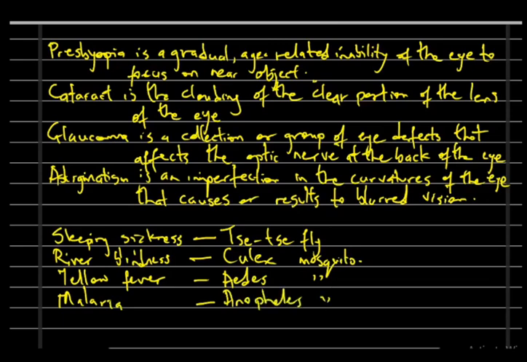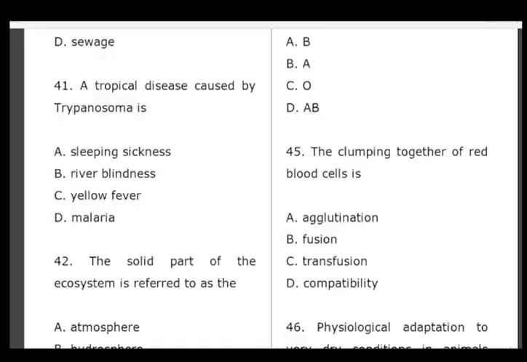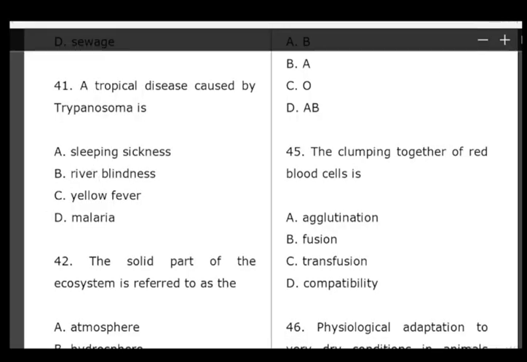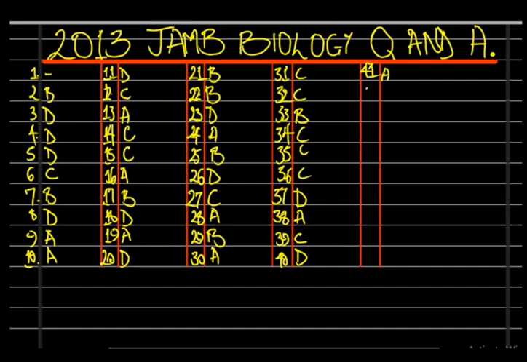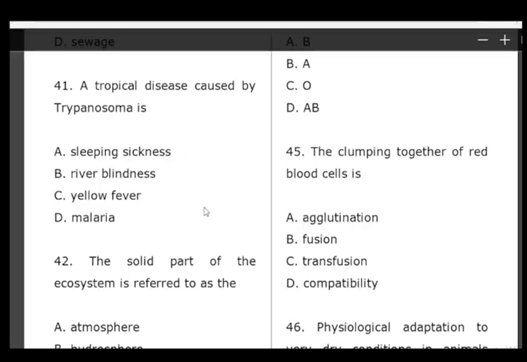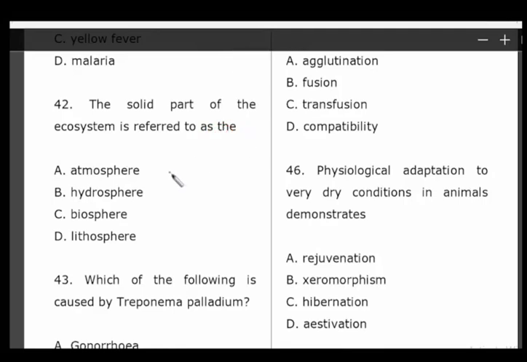So those are the different vectors for the diseases that we have. The tsetse fly transmits the trypanosoma, which causes sleeping sickness. River blindness is transmitted by the Culex mosquito, yellow fever by the Aedes mosquito, and malaria by the Anopheles mosquito, which transmits the Plasmodium. So the answer to question 41 is sleeping sickness, option A. And then question 42 says the solid part of the ecosystem is referred to as the